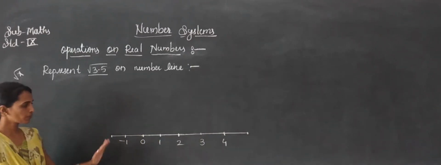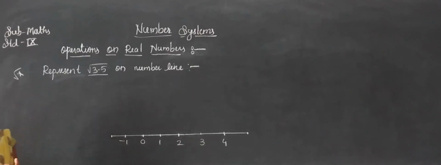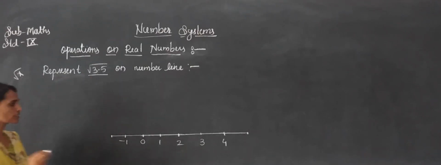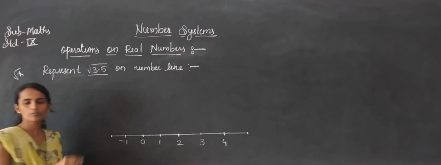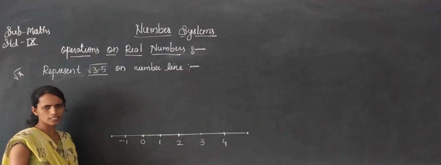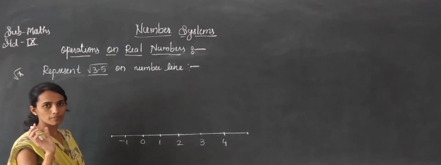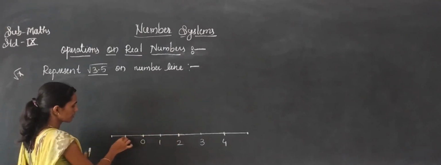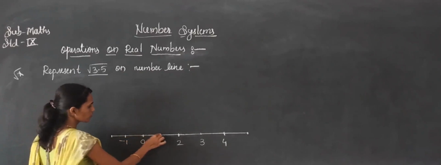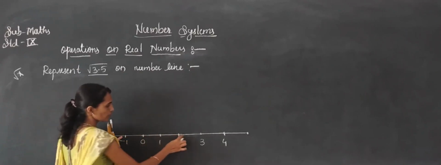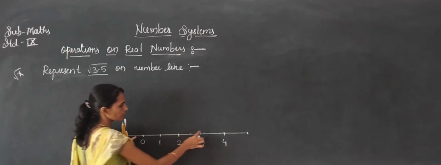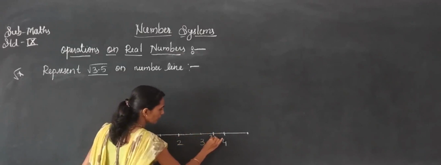Before that, we don't need to draw anything here. Just simply take a ruler and mark here. If you are taking a 3.5 distance, it doesn't matter whether you take it from the negative numbers or from the positive numbers. But you have to consider where that becomes 0 here. So here 1, 2, 3. For 3.5, if you consider from here, 1 centimeter, 2 centimeter, 3, 3.5. Otherwise, if you consider here 1, 2, 3, 4, yes or no? 1 centimeter, 2 centimeter, 3, 3.5. Here it will become 3.5.